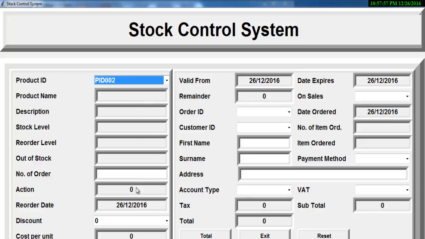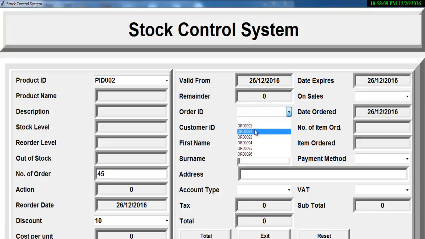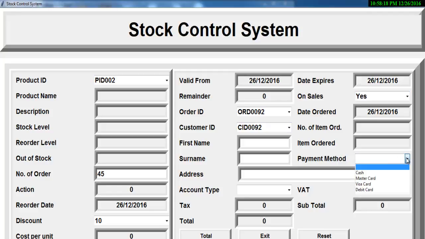This is a program I developed earlier. Just going to show you guys how it works. Let's say we have 10% discount. The amount of product we intend to order is 45. All we just need to do is enter the customer details, customer ID, customer details here, and payment details,